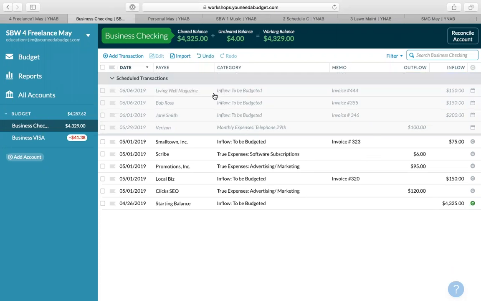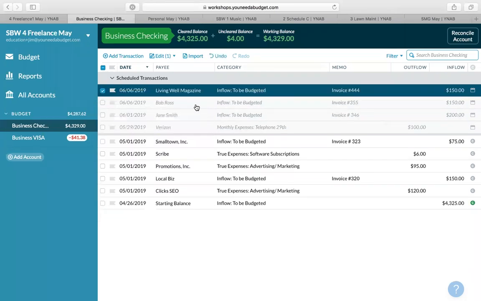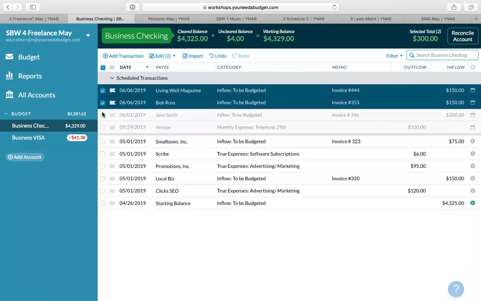Now, because that's happening in the future, it's grayed out. It hasn't actually happened yet. When that date arrives, I'll be able to approve the transaction if the money has arrived. Then the money will be available to budget. But it also will serve as a reminder to call them if they haven't paid me yet. Then instead of approving it, I can just go ahead and edit that date if I need to. You'll see there are other invoices that I'm waiting for here as well. I've got a couple different ones going on.